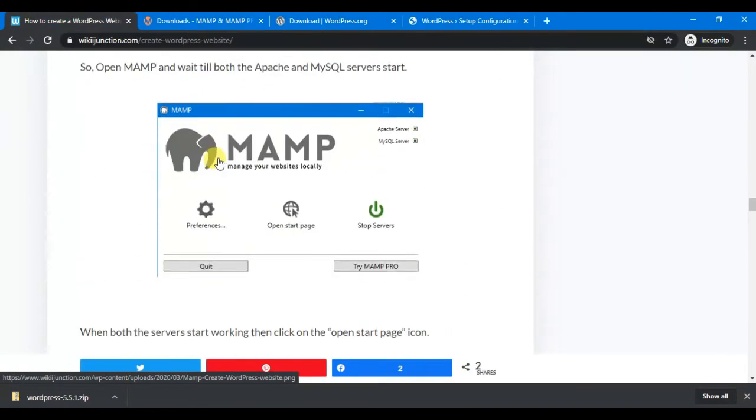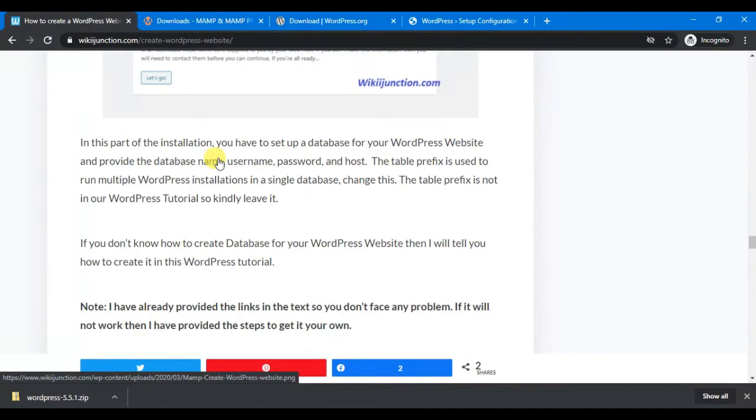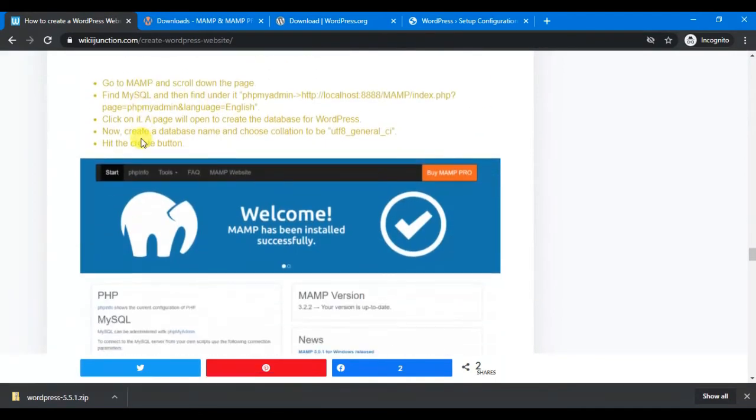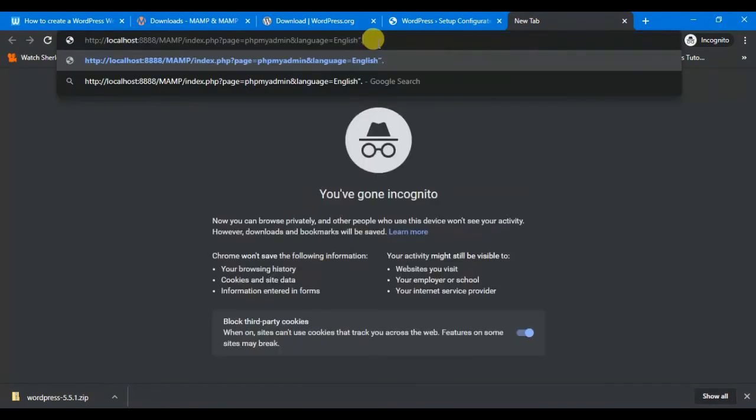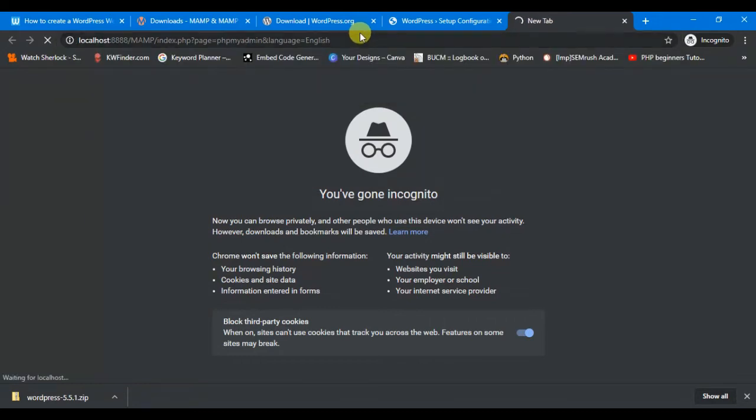I have explained it here. Now what we have to do is go to MAMP and scroll down the page. This is the link. I've already provided the link. Just copy this and paste it here. Remove the colon, please, otherwise it will not work. Enter.